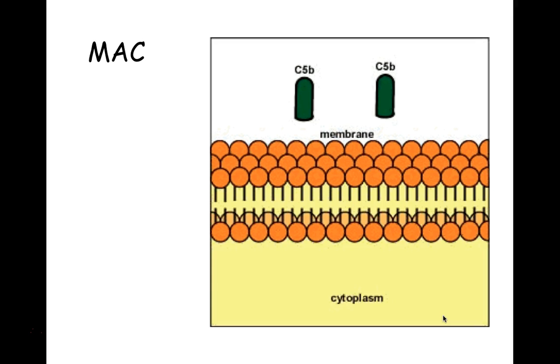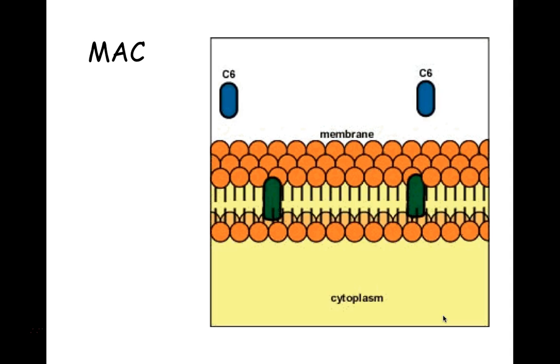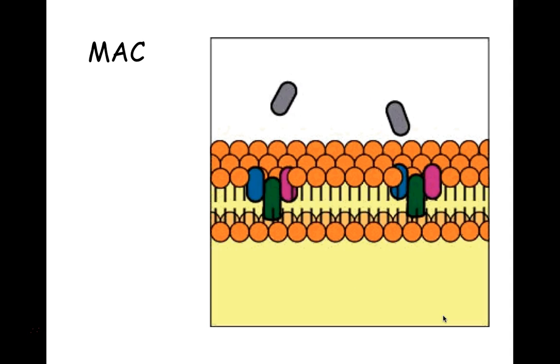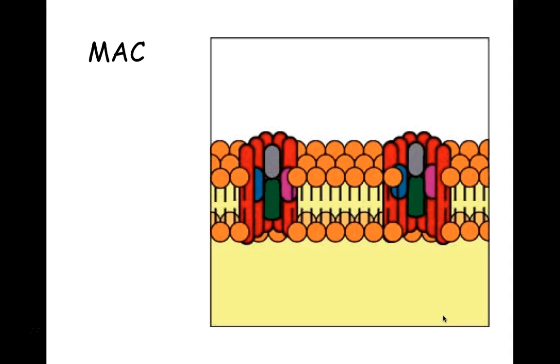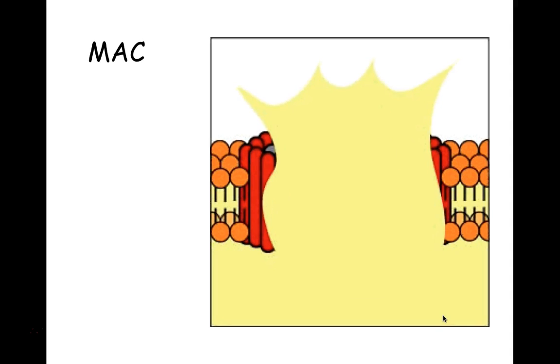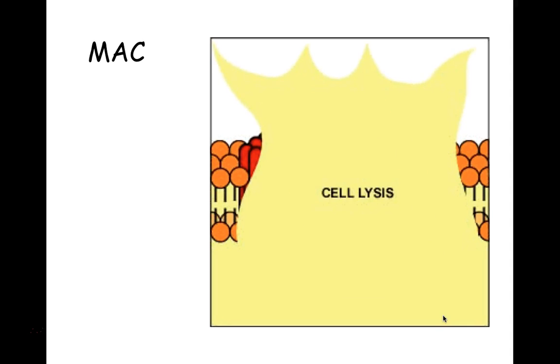So here we have an animation illustrating the formation of the MAC, or the membrane attack complex. C5b, C6, 7 are going to form a nice stable platform for C8, which serves as the primary anchor to get this structure started. We have the pore or channel established, multiple of them, the more holes the better, and then it leads to